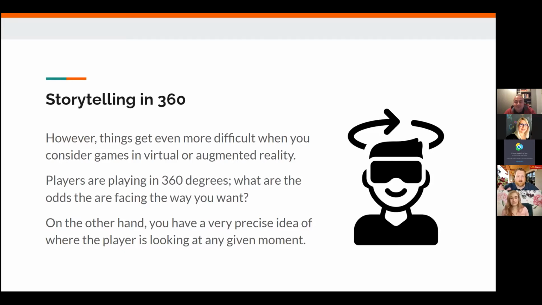And that awkward Andromeda solution doesn't even work anymore, because there's no good way to take control of the camera for a moment if you're in a VR headset. No, you'll get someone real sick if you do that. So once again, it's bad at making people look, but it's excellent to know where people are looking. Especially in AR and VR, you have an even more precise understanding of where they're looking. And you can play to that, and you can start to tell stories, not necessarily based on where you want them to look, but where they are looking.